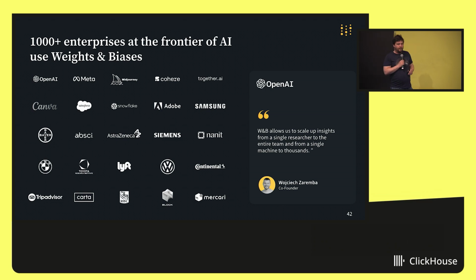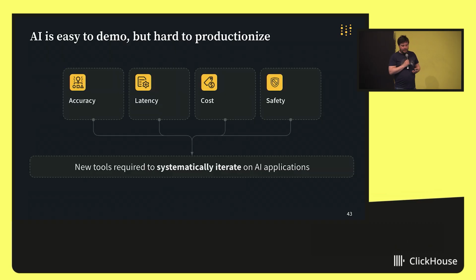But look, I want to tell you briefly about what we do for all these customers. If you step way back, the issue we were trying to solve is that AI is easy to demo and really hard to productionize. Any engineer, especially infrastructure engineers, understands that in any project you've got your first 90%, your second 90%, and your third 90%. We all have experienced that in our day-to-day lives.